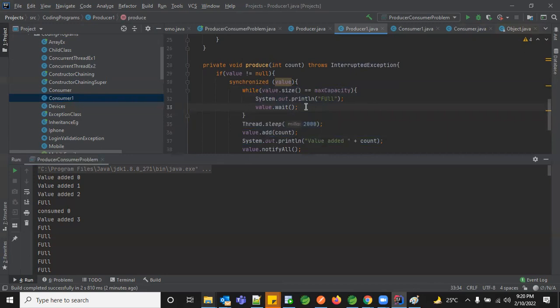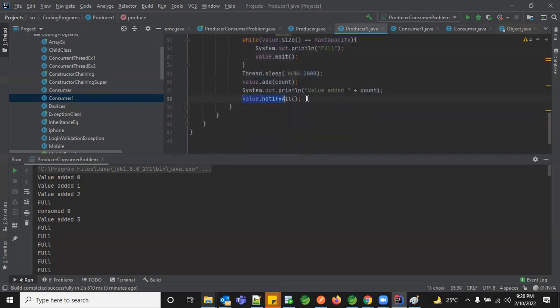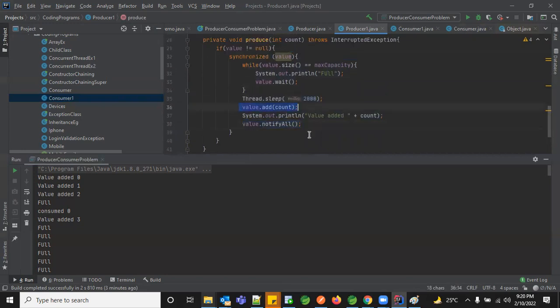But one more thing: if the first thread is waiting, whatever the next thread is available will come and perform its task, right? Actually, in the waiting time, I need to notify, right? When am I notifying the other threads? Whenever I add the data, only then I'm notifying the other thread. So what am I notifying? The list.